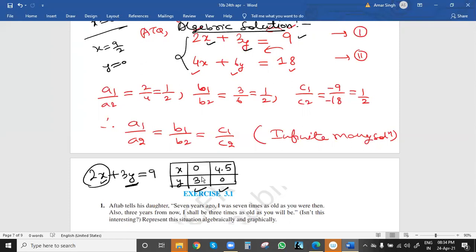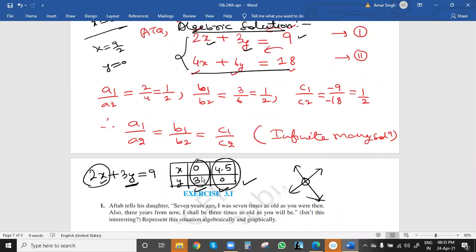In the previous case, only one point was the solution point, because the lines were like this, so this cutting point, this meeting point or intersection point was the solution. But in this case, both the values will be solution values, because these two points are points on the XY coordinate system: X value 0, Y value 3 is one point, and this is the second point. Both points will be solutions of these equations. We got them from equation 1, but both will satisfy equation 2 also.